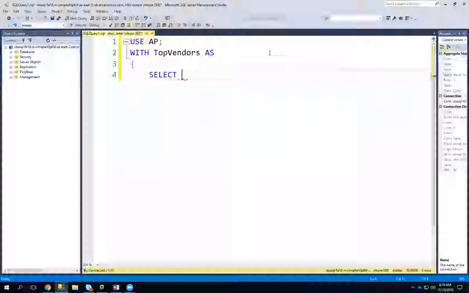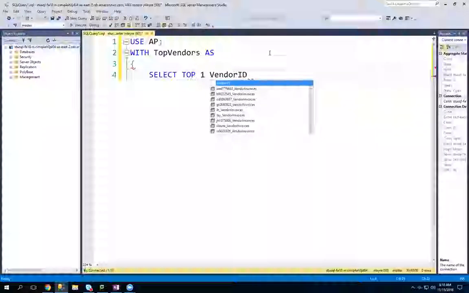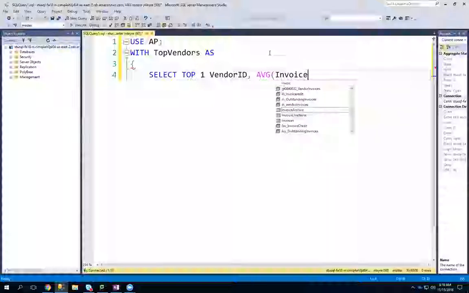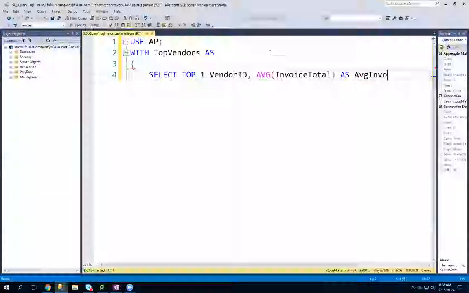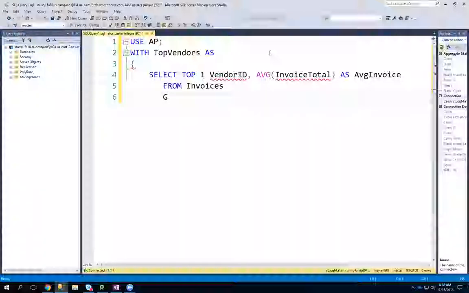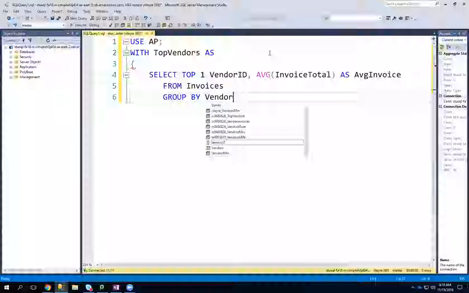We're going to have a select statement that selects just the top one vendor ID, the average of their invoice total as average invoice. We're going to select this from our invoices table. Now we're going to group this by vendor ID